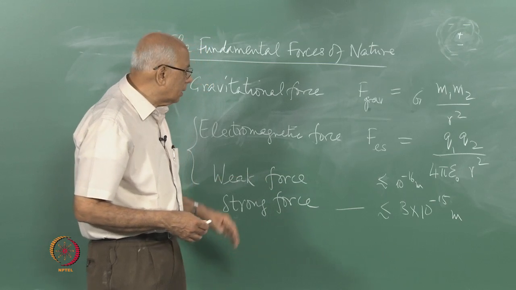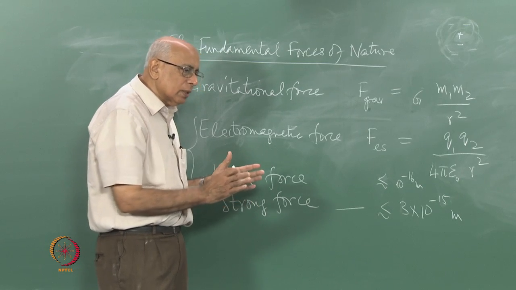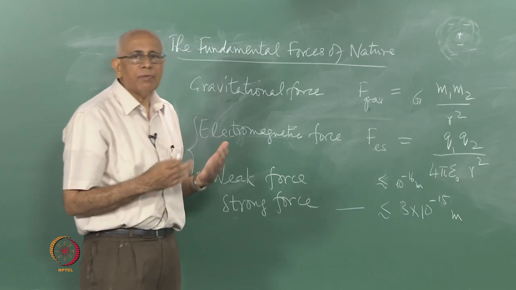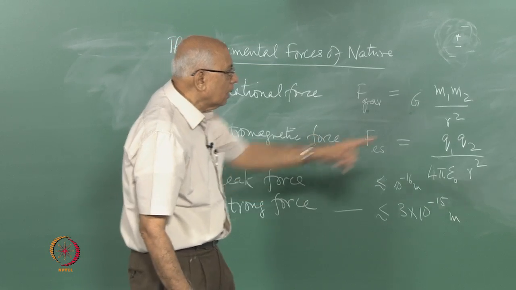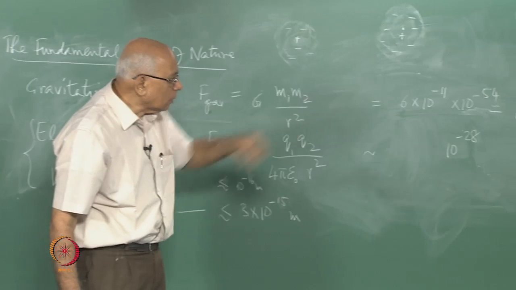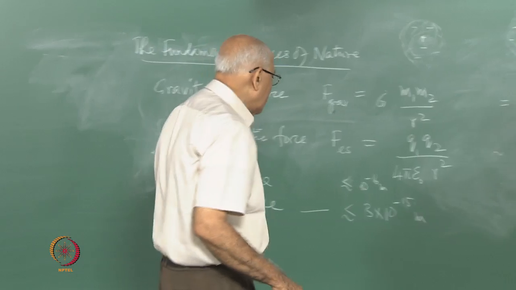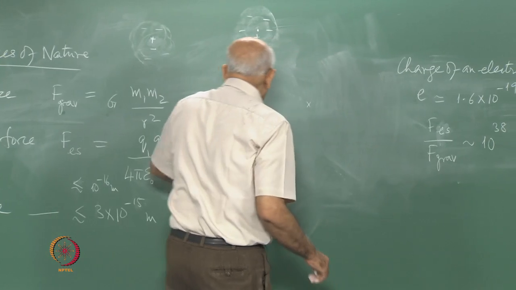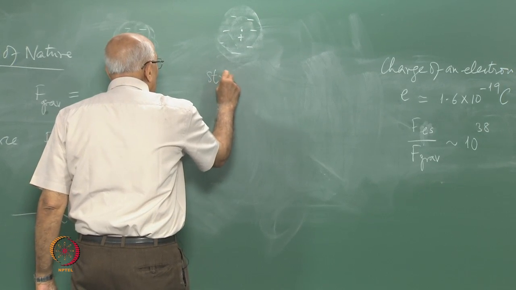And there is also good evidence to believe that if you go to shorter and shorter distances, there will come a stage where these forces get unified in a very specific sense. For instance, I said, and I haven't quite mentioned this, we found the ratio of the electrostatic to the gravitational force. What about these 2 forces? On the same scale, what would these look like? So let us say that the strong force, if I represent its magnitude by 1, and that is for the strong force,